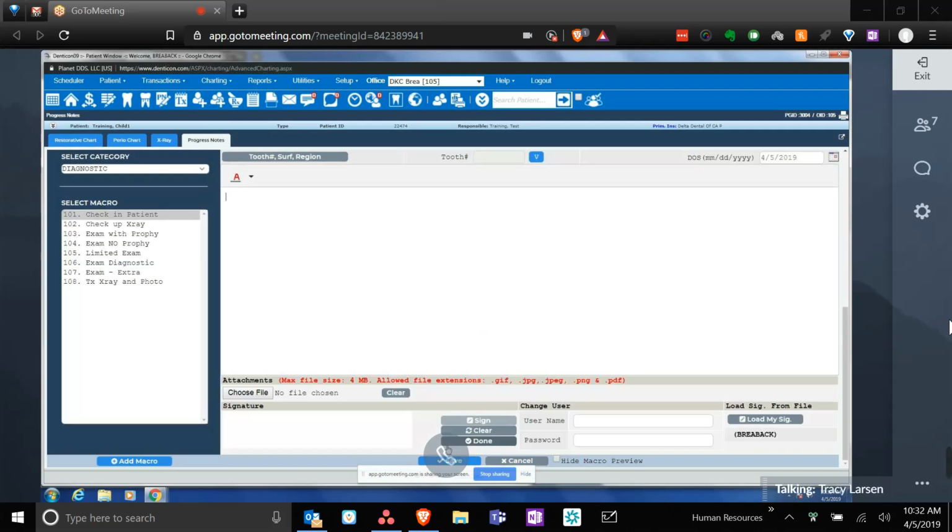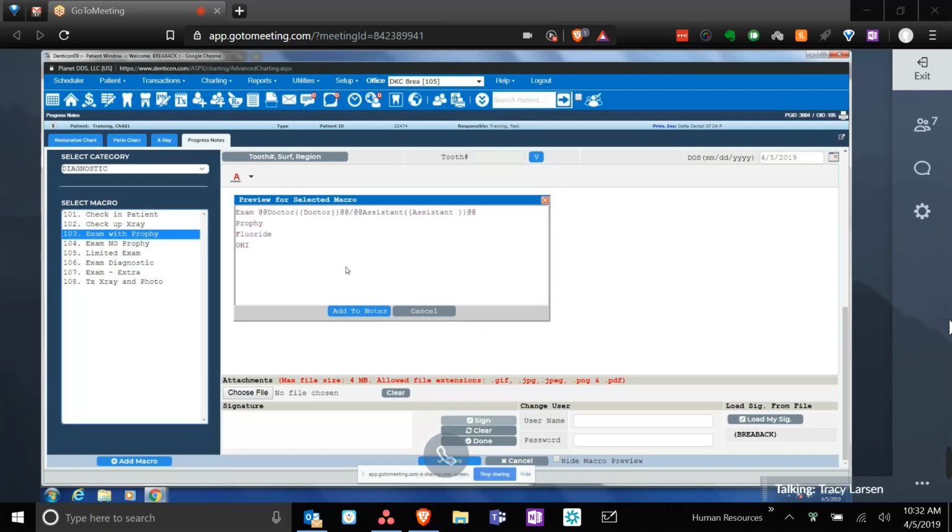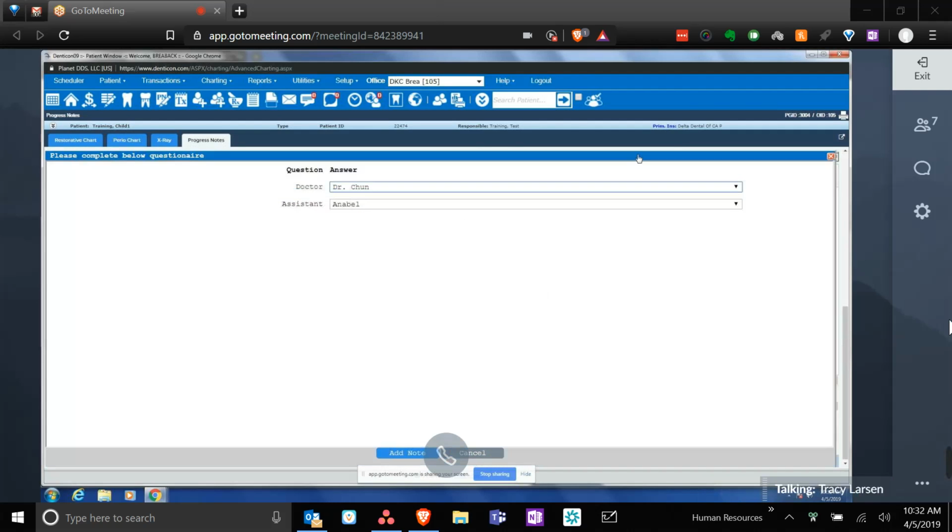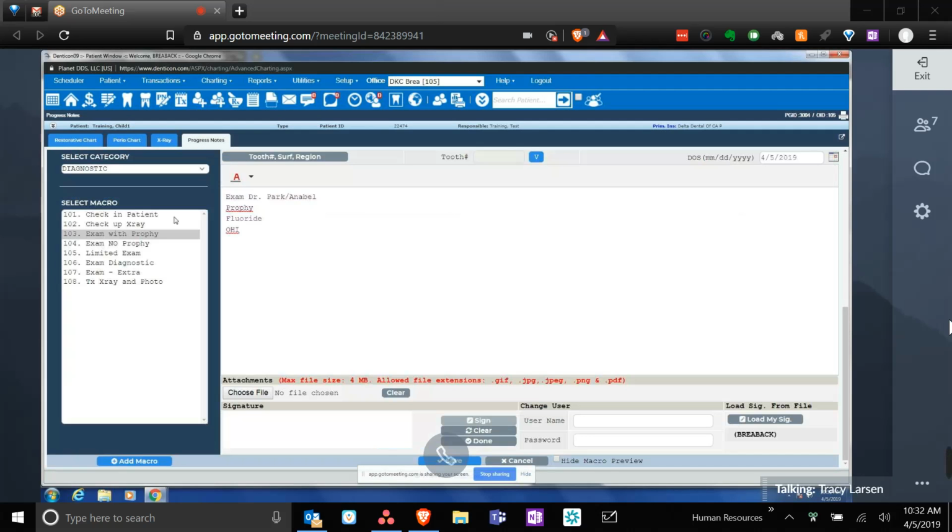And then under the categories, there's a diagnostic category, and there are other categories you could pick from, restorative categories, things like that. You're going to go ahead and pick exam with prophy. Then we're going to click Add to Notes, and it's just going to ask who's the doctor, and there's a drop down. So you would pick the appropriate doctor and who is the assistant doing the charting today, and then you would save it. So it's going to say who the doctor was, the prophy, the fluoride, the oral hygiene. So that's going to give you the information about